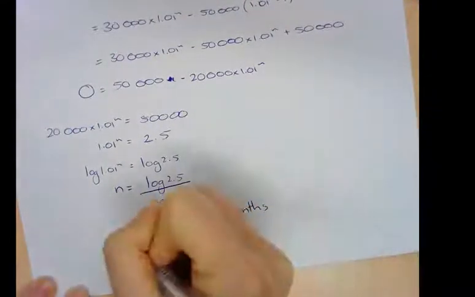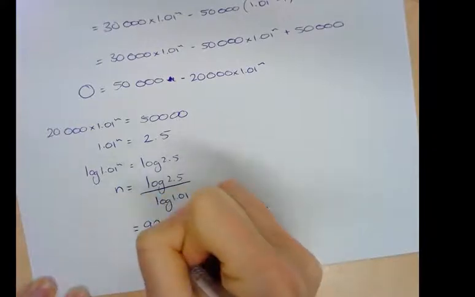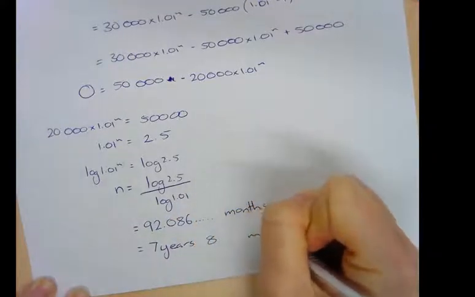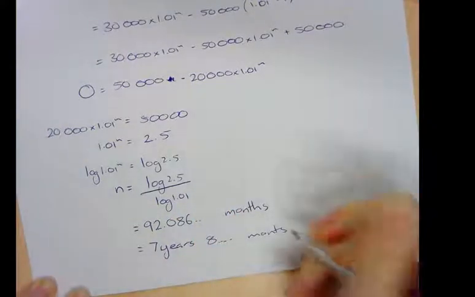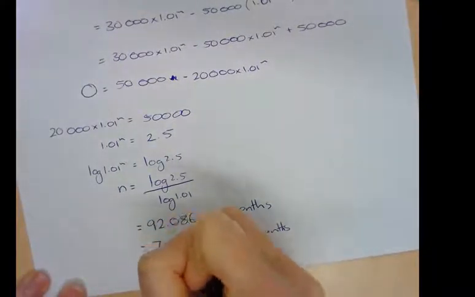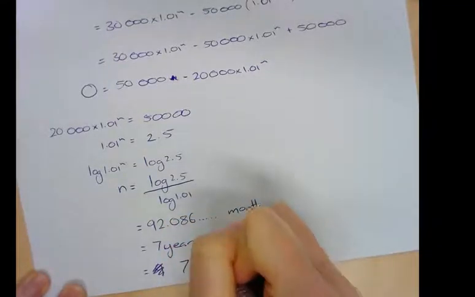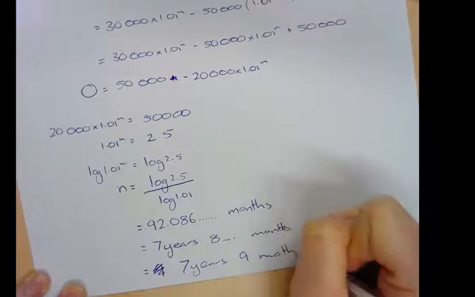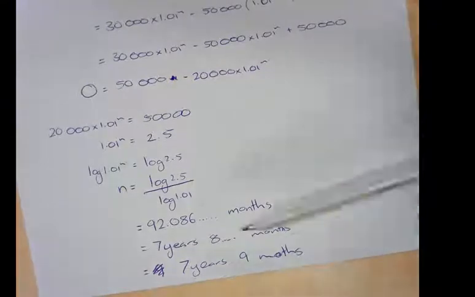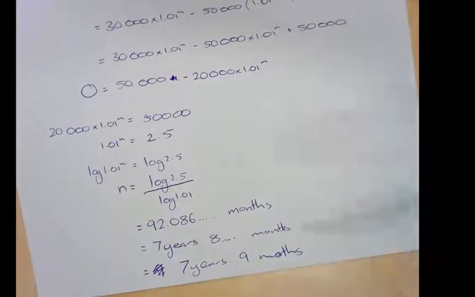So if we convert that to years, it's going to give us 7 point something years. I think it's 7 years and 8 point something months, which actually means we're going to end up with 7 years and 9 months to repay that loan in full. So because it was 7 years and 8 point something, 7 years and 8 months exactly is just slightly under, so we'd still have a little bit of money left to pay. So after 7 years and 9 months, we'll be completely paid off. They won't be owing